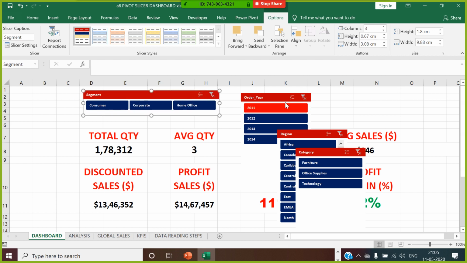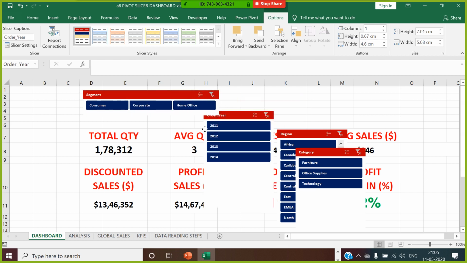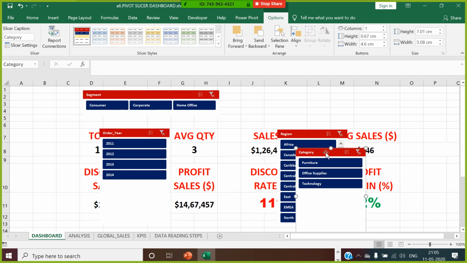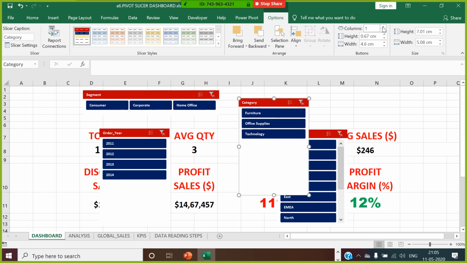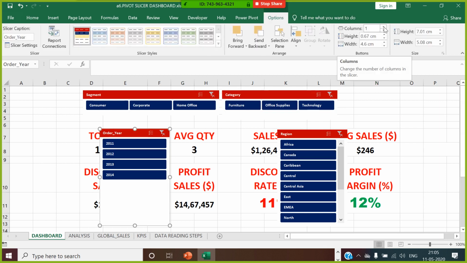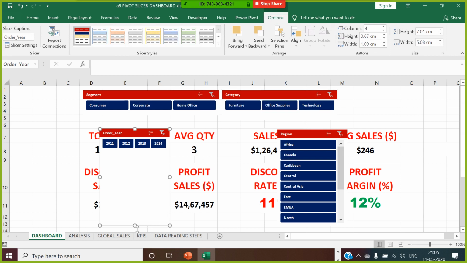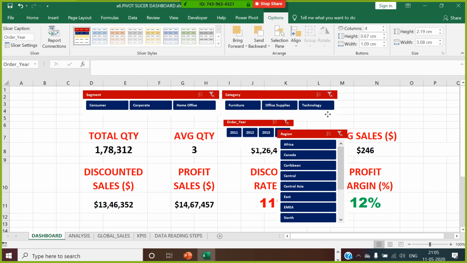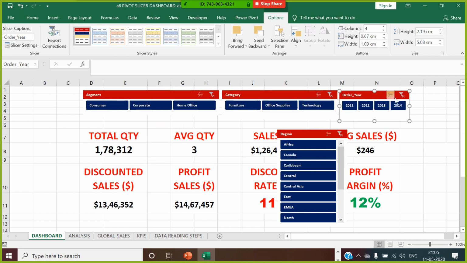Selecting this to this and make it into 3 columns. Just try to finish this. Okay guys. Now selecting this, make this to 4. You can see also the performance by year wise.